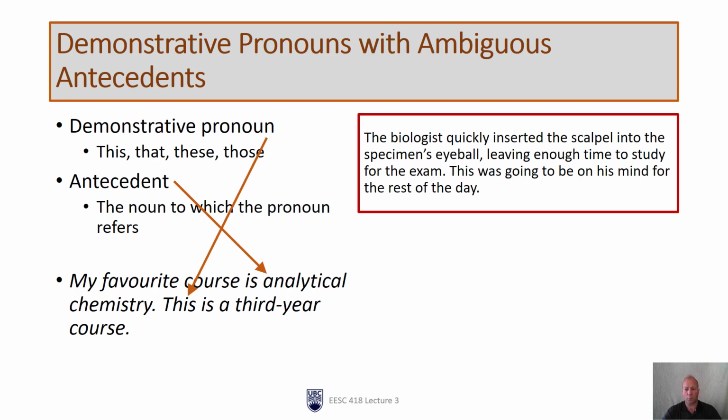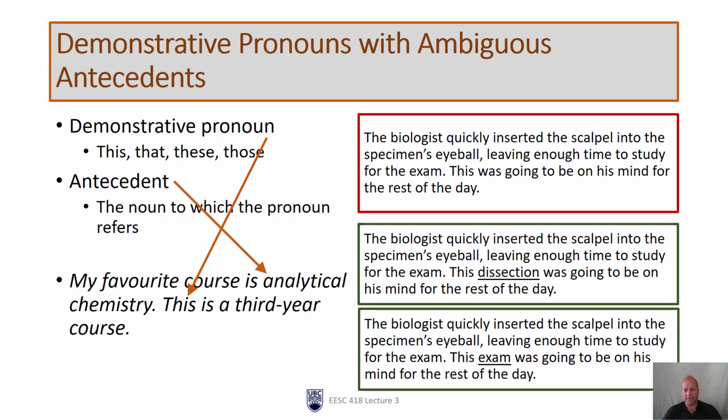So whoever wrote this probably knew exactly what this referred to, but the reader is left completely unaware of what the actual antecedent noun is. So this is easily corrected. The problem with this is it's not easily identified when we're reading our own work, because I can read this over and over again and I'll know exactly what I meant when I wrote this. And so it doesn't flash up in our minds that this could be hard for a reader to understand. So the trigger here that we need to warn ourselves is any sentence that starts with one of these 4 words where it's not explicitly defined which one of those antecedent nouns we're referring to.